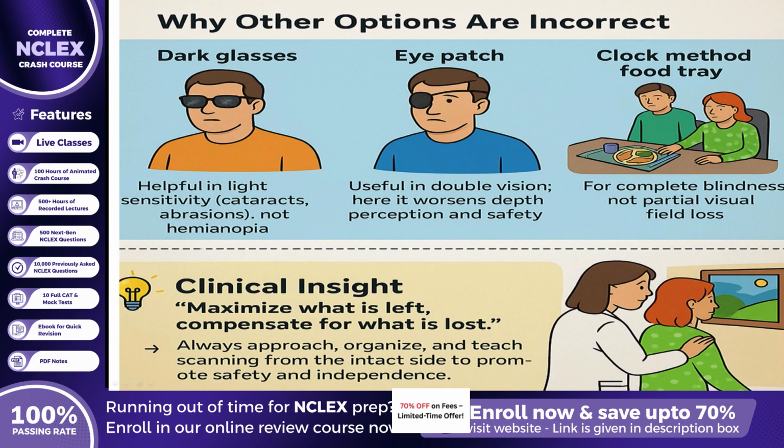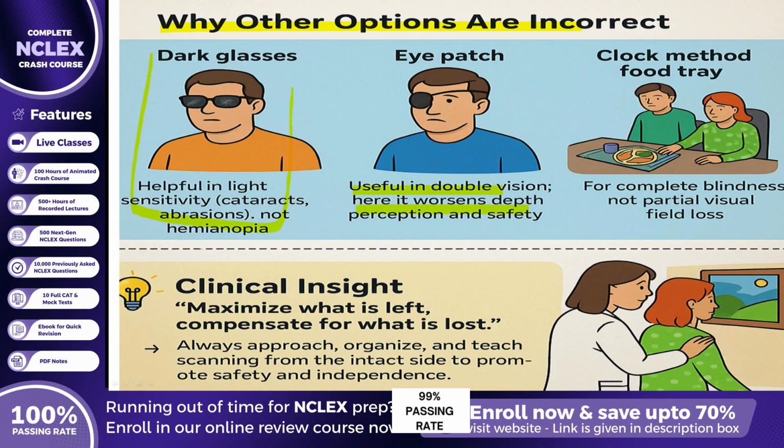Turning to the incorrect choices, wearing dark glasses in bright light may help in conditions like cataracts or corneal abrasions. But in hemianopia, light sensitivity is not the issue. Therefore, this intervention has no effect on safety or vision function. Covering the affected eye with an eye patch may be useful in double vision caused by extraocular muscle imbalance. But since both eyes share the same deficit in hemianopia, patching only reduces binocular vision and depth perception, increasing the